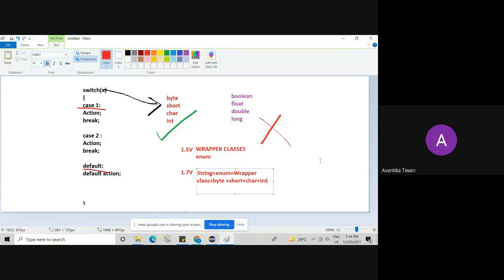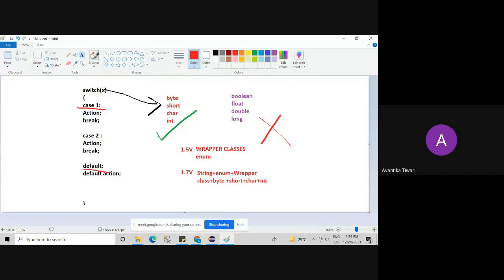I repeat one more time. Before 1.5 version of Java, only these 4 data types were allowed inside switch. Later, in 1.5 version, wrapper classes and enum were also added to this list. After 1.7 version, string data type is also added. So you can pass string type of parameters also, as a label. Have a look.